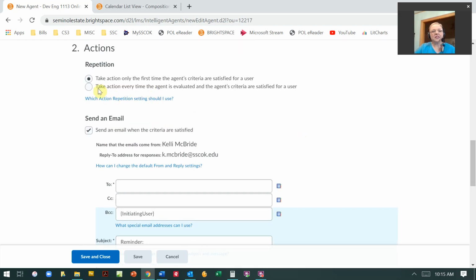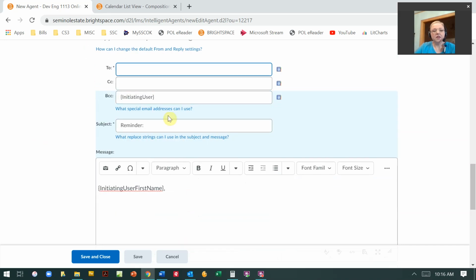So what am I going to do? I'm going to take action every time the agent is evaluated, not just the once, but every time, every day that they have not done this, I'm going to send them a reminder. And then I'm going to, again, keep the initiating user there in my BCC column. I'm going to say reminder, post-test assessment